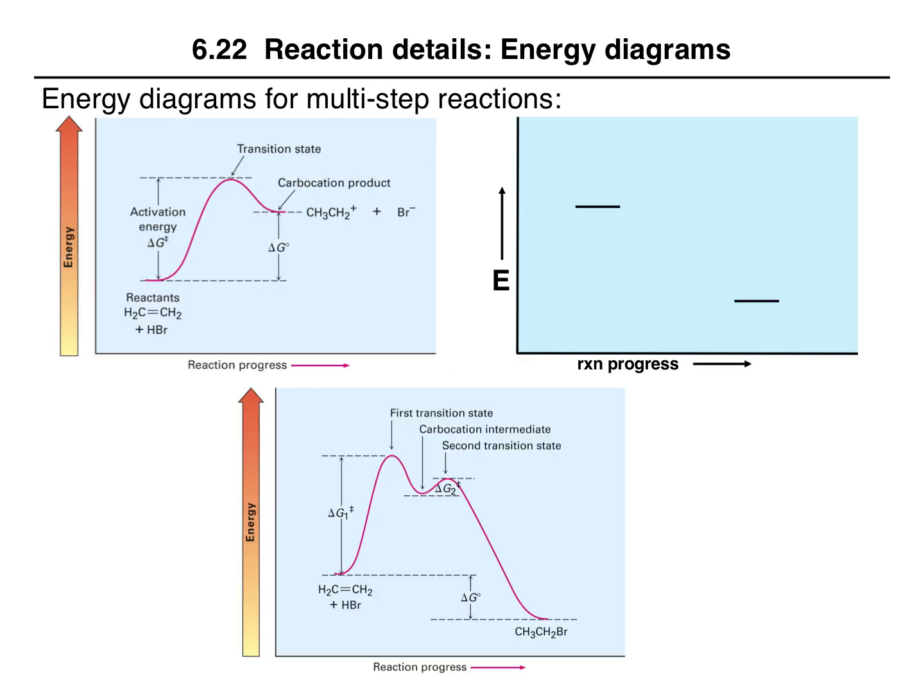Now, once again, let's build an energy diagram for a multi-step reaction. So here we are starting with the reaction we've talked about before, ethylene with HBr, and this is the energy diagram for the first step. These are the reactants, and this is the carbocation intermediate along with the bromide. So here's our intermediate. This is much higher energy because our carbocation is unstable. And here we have the delta G of this reaction step. This would be the activation energy, or the delta G double dagger, so the difference in energy between the reactants